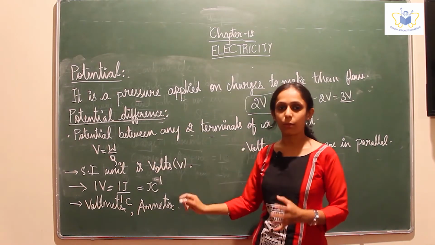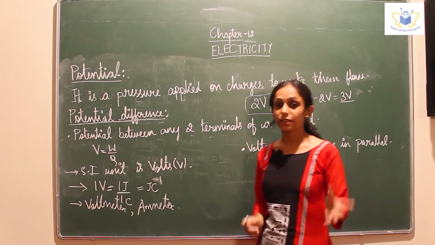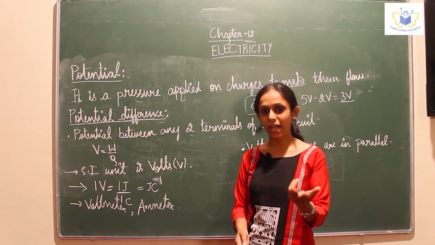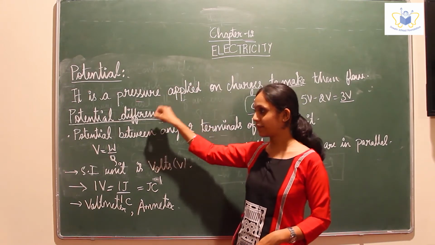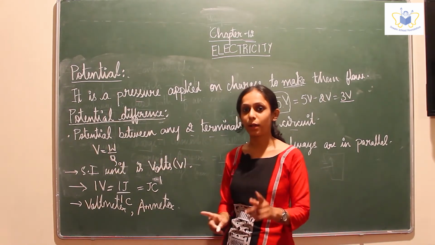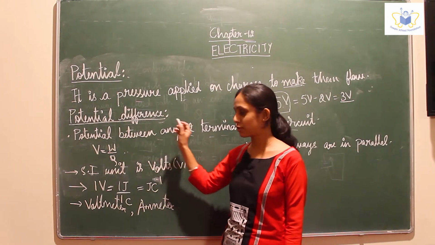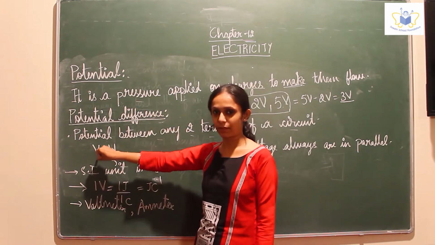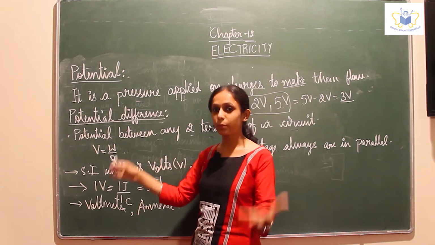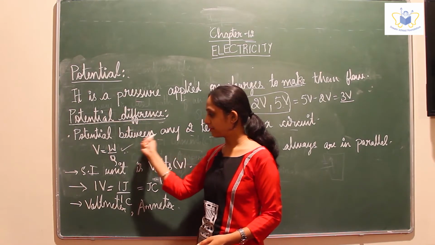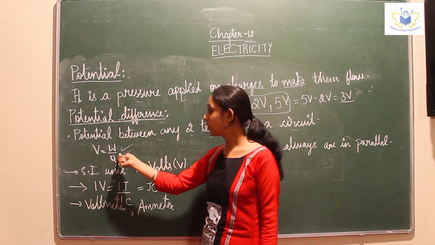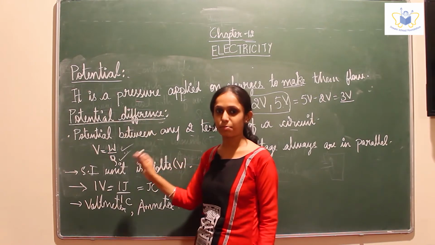Now coming to the formula. What is the formula for potential difference? You should be very careful with the notations, children. How was current represented? By I. How was charge? By Q. Similarly, potential difference is represented by the letter V. Capital V. Don't write small v. Small v stands for velocity. You should be very careful. You might lose your marks. So potential difference is represented by V. So what is potential difference? What we study is work. We are making something work by applying potential. So work, W, per unit charge. So work done per unit charge is called potential difference of the circuit.